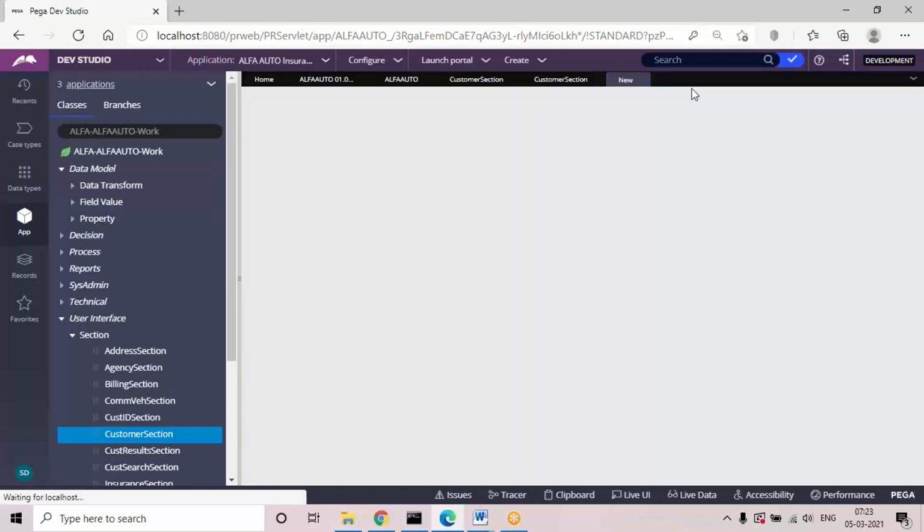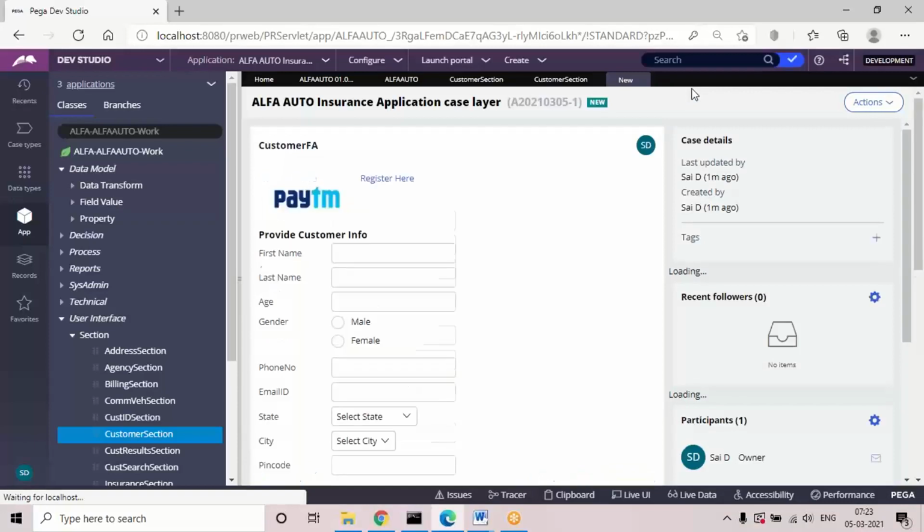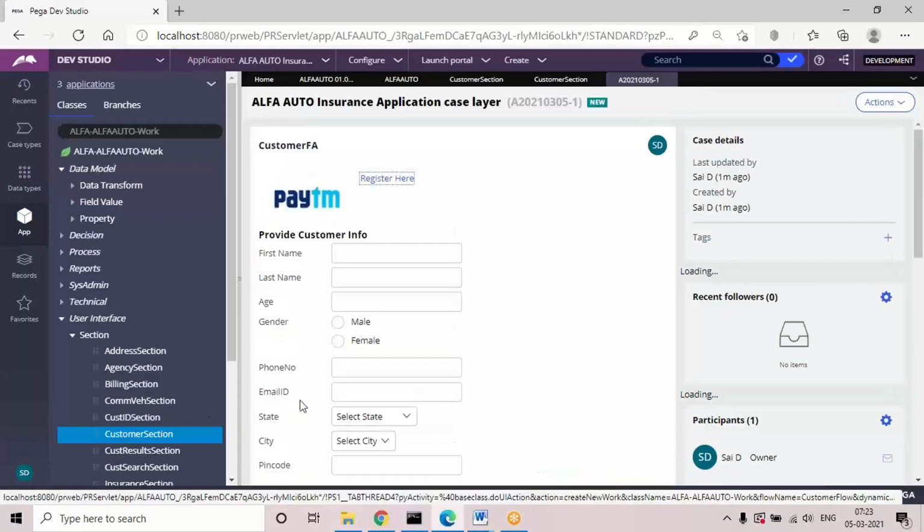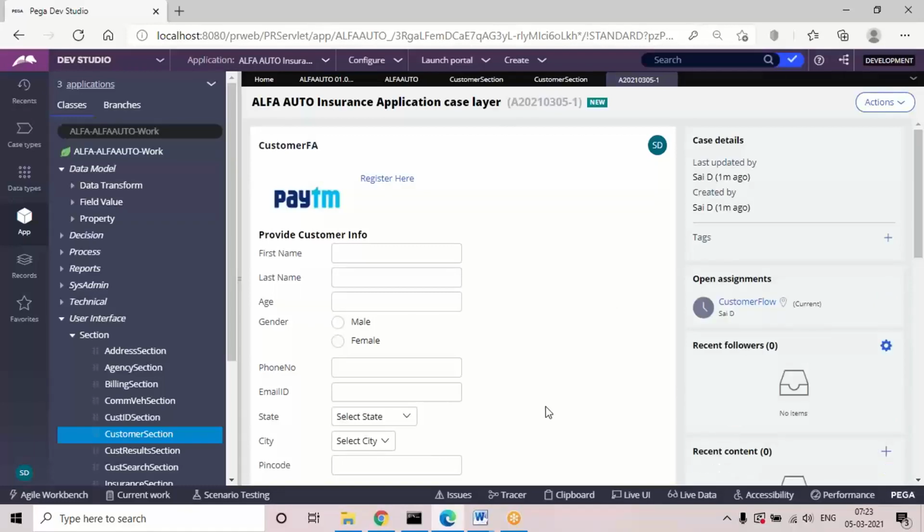If you run and execute, you can see the country property will not be available because the rule is updated in the latest version. The modifications we did in the latest version will apply automatically, and it will only read the latest version rule. When the same rule is in multiple versions, it will automatically pick the latest version rule. So practically I showed that.